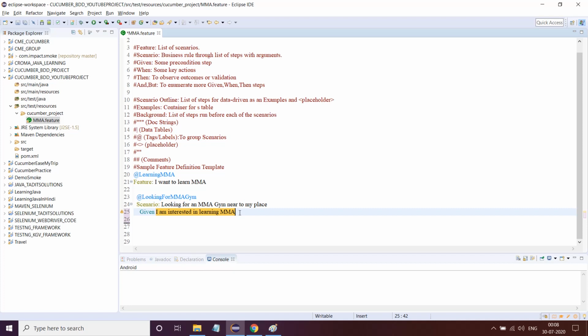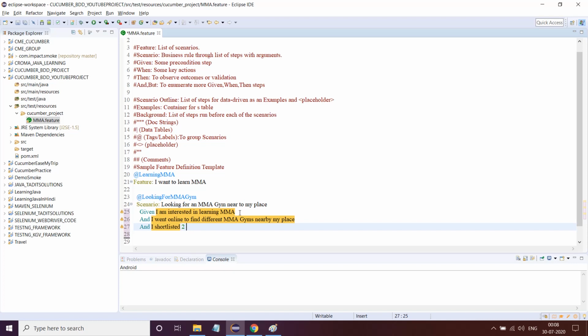and I will write, I went online to find different MMA gyms nearby my place. And I will again use and, I shortlisted, let's say for example, two gyms, two MMA gyms.